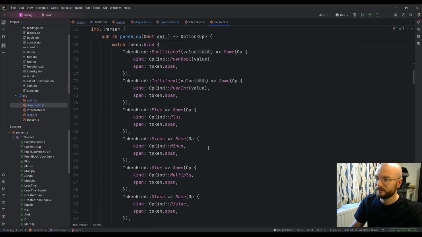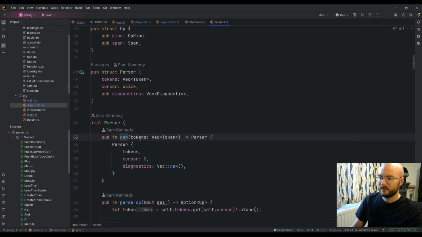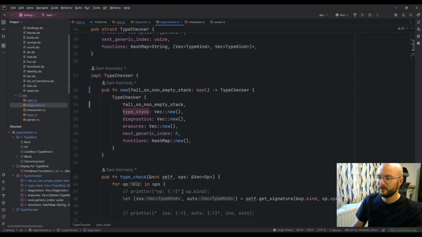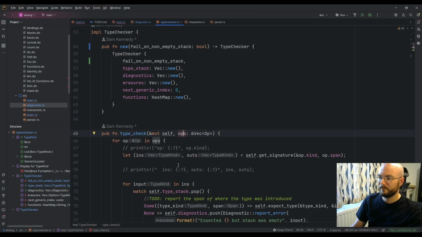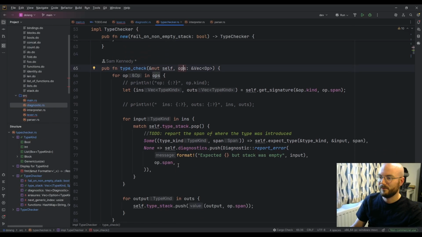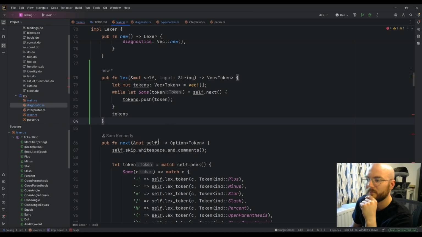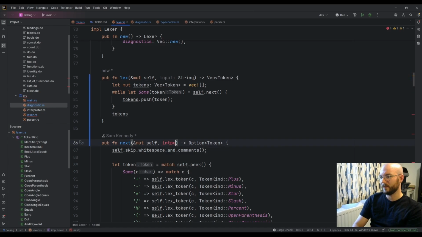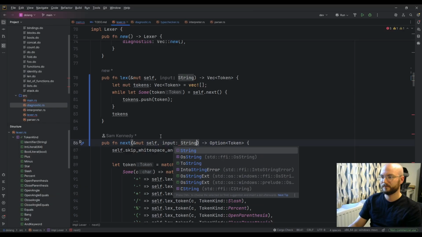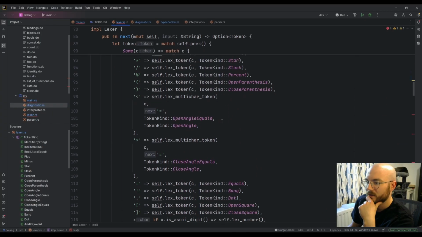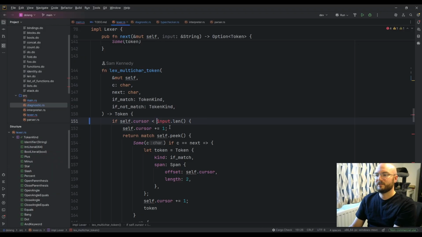How do I do that in the parser? How do I handle this? Well, that is a bad example because the parser is also stateful. So I guess we just kind of pass. Oh yeah, I guess we're already discrete at this point. I guess we can pass in the input here. And then that's unhappy now because we're using it a lot. So maybe we can borrow this, and then rather than self input, it's just input.